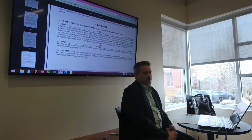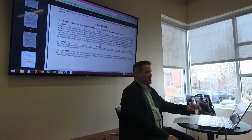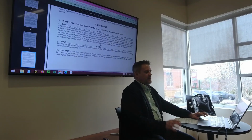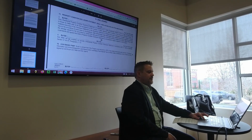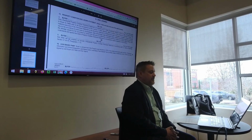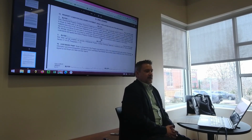So if it's a foreclosure owned by the bank, if it's an estate sale, if it's a builder, those have exemptions where property disclosures legally don't have to be done, whether the parties agree or not. But most of the time when you hear somebody say they're exempt, they're an investor, they don't have to do one. No, you do. When they bought it, they inspected it. So you would think they've got some kind of knowledge of what they now own, what they're trying to sell to you. They've got to have some kind of knowledge, even if it's